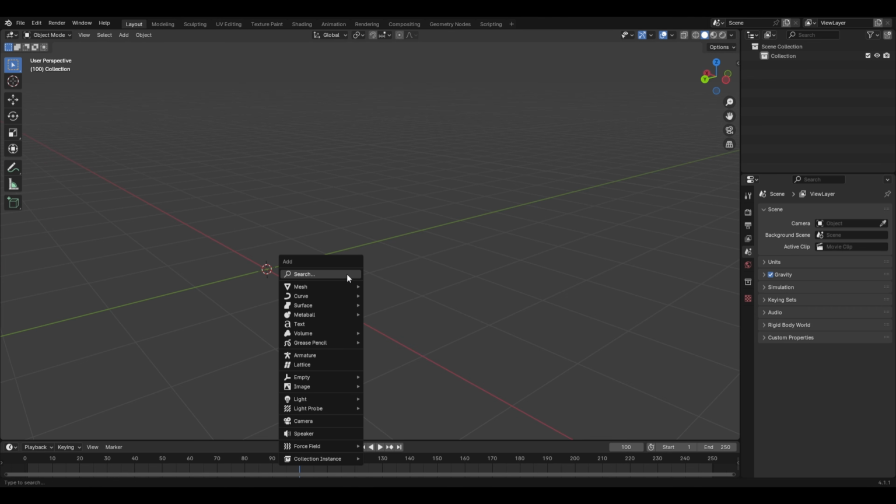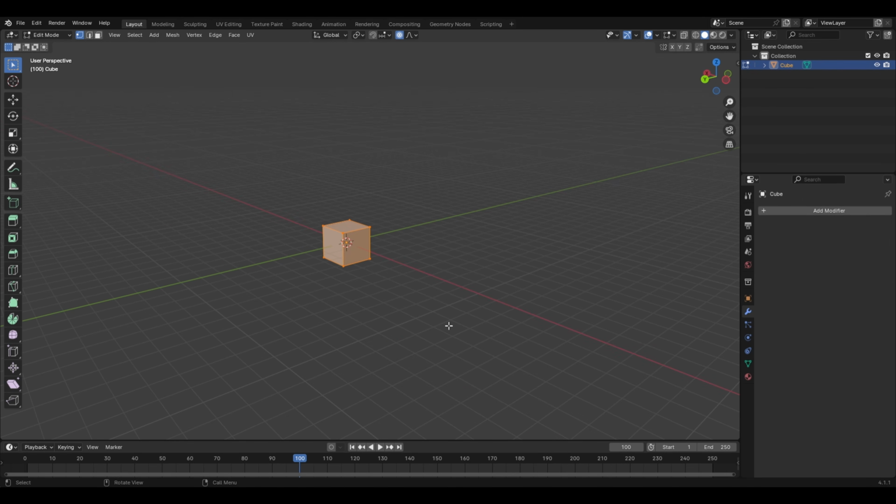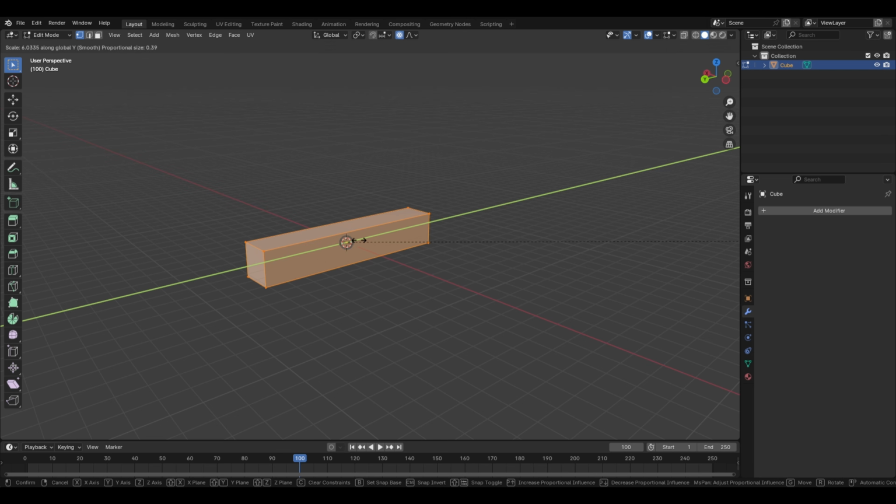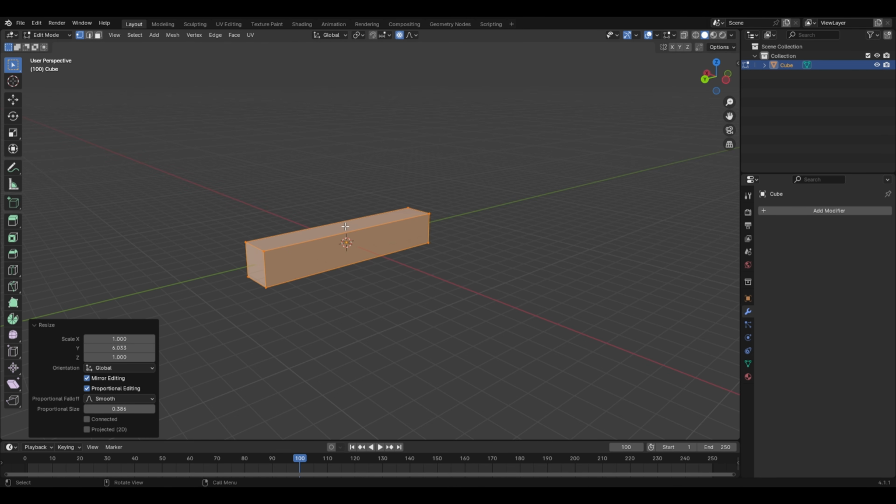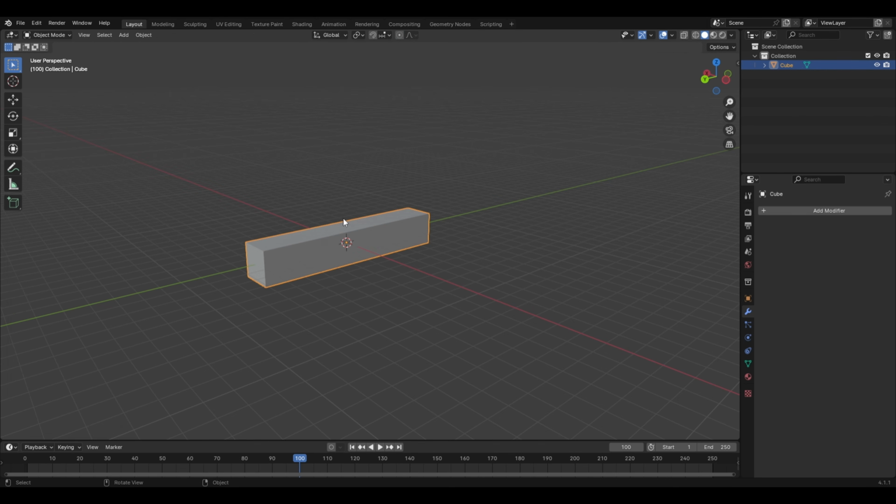let's delete this and add a cube in our scene. Tab into the edit mode, let's scale it up in Y direction like this, and to increase the number of vertices we'll subdivide it 2 to 3 times. Now return to the object mode, and the surface deform modifier will require another object in your scene which will be used as a target, and any transformation that you will do to that object will also be seen on